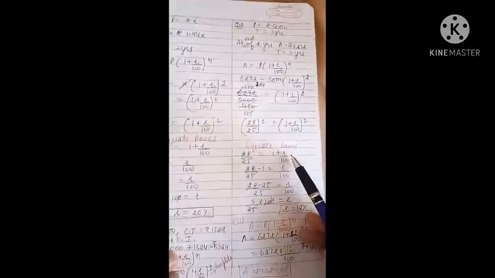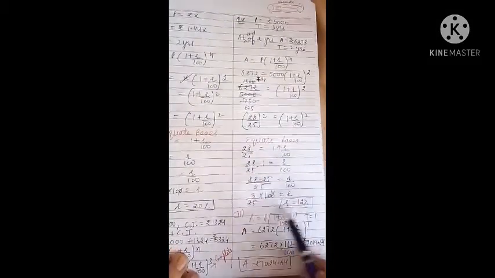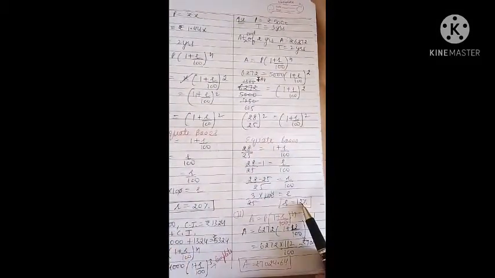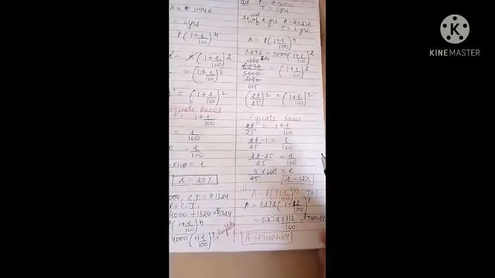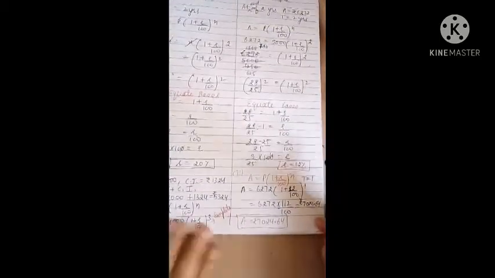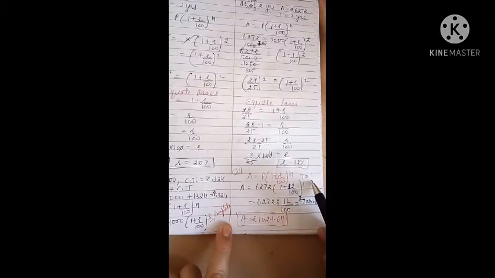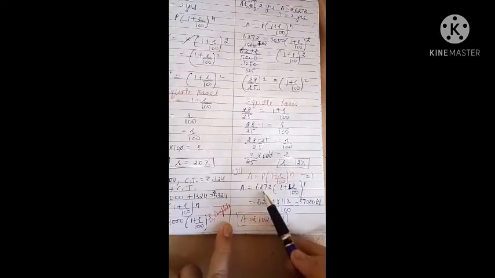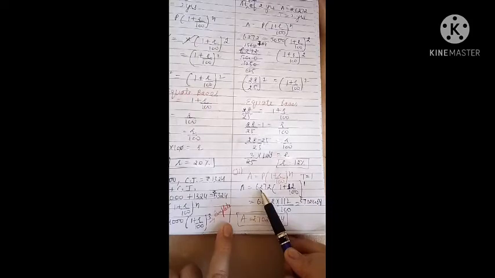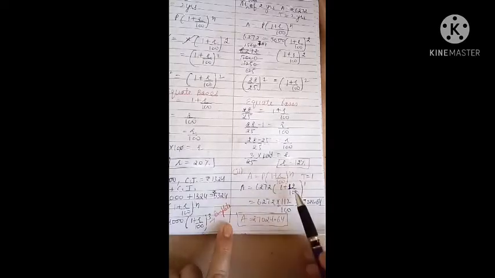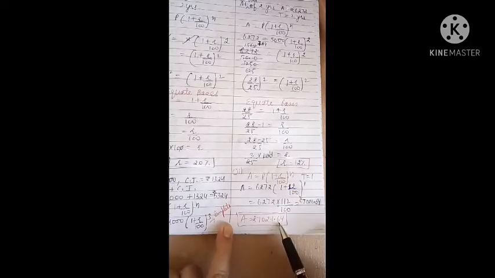Then we will equate the bases. After equating bases, we will get the rate 12%. In the second part, they have asked what is the amount at the end of the third year. So we can apply the formula of amount. Time period we will take 1 year. Principal: the amount at the end of 2 years will become the principal for the third year. So we are doing the calculation for the third year. So principal is this, rate is 12, time period is 1, and after solving we get the value of amount.